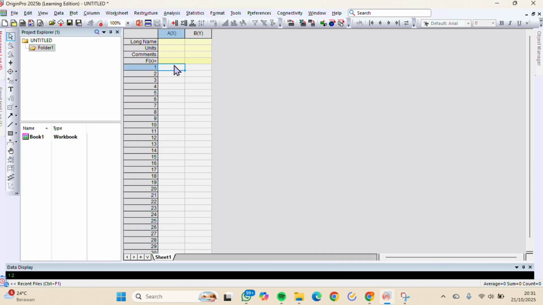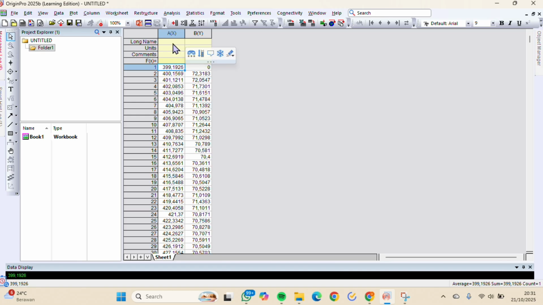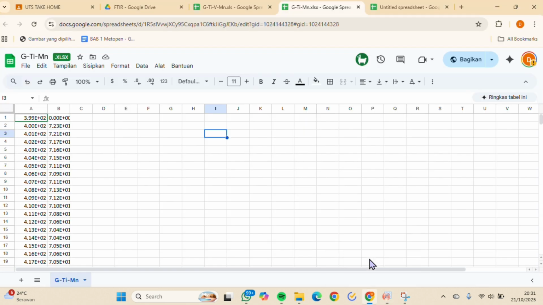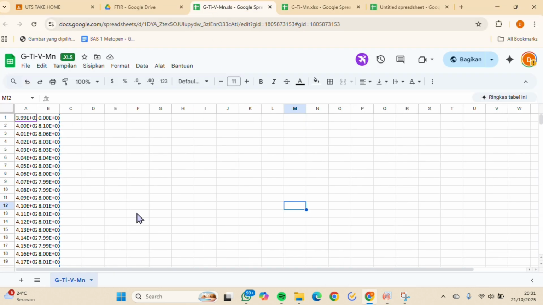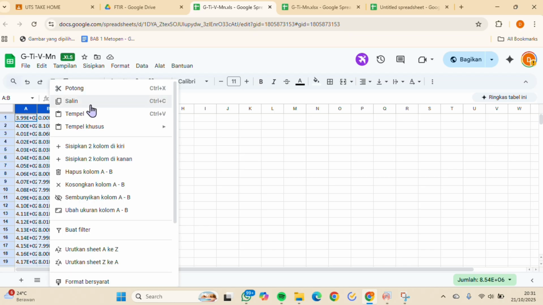We paste the data, and we write in column A the wave number and in column B the percent transmittance, and then we repeat with the other data, GTEPMN, and then we copy and go to Origin and paste the data.